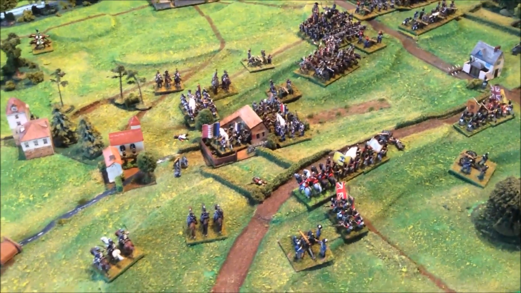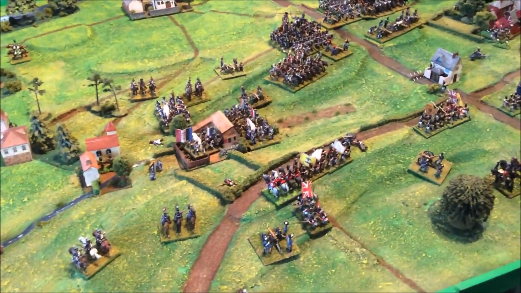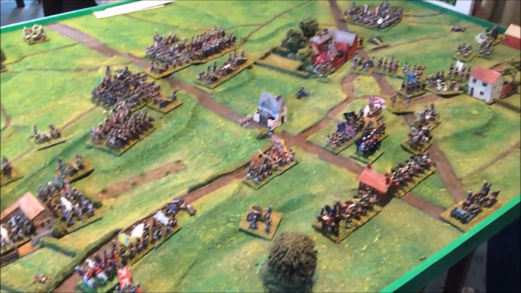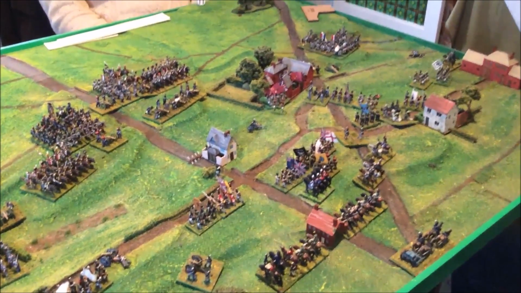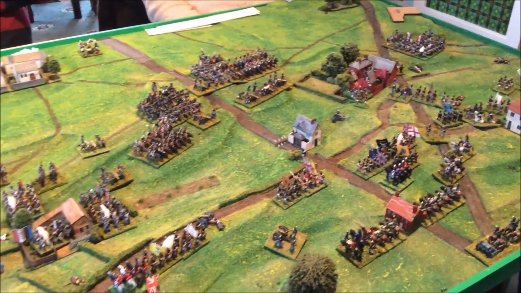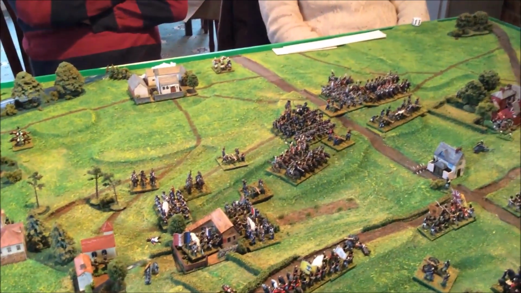The Allies have lost 9-10 casualties to the French 4. So at the moment the French are inflicting more casualties than they're sustaining, but it's now at the point where the Prussians will start to arrive and threaten the